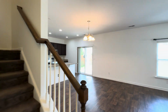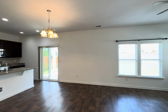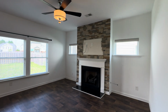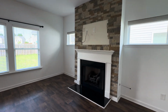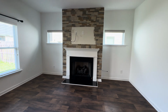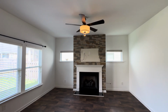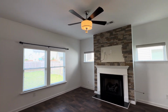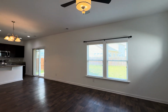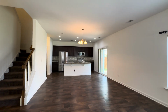And then you see of course, the stairs up to the second level there, but then you have a nice open floor plan, main living and dining area. As you can see, a beautiful fireplace with the stacked stone accents around it. It's gas log. And then you have the 2 nice windows flanking it, ceiling fan with a nice light fixture there as well. And then additional windows out overlooking the backyard, and then all open to the dining area in the center,